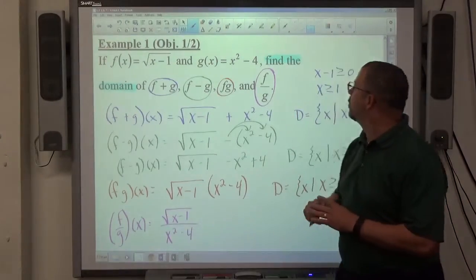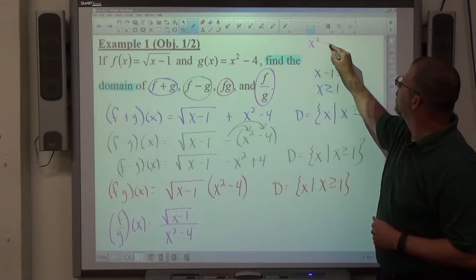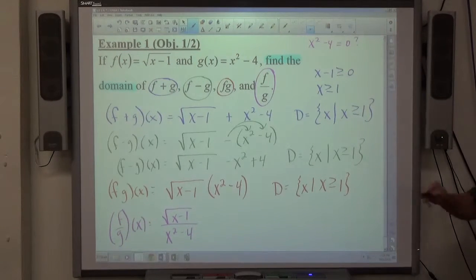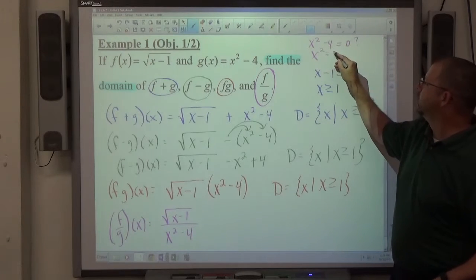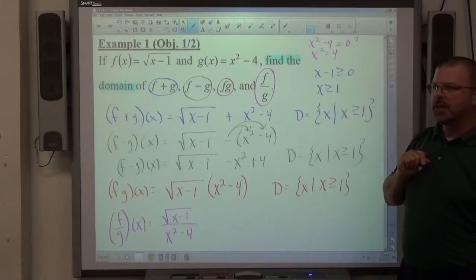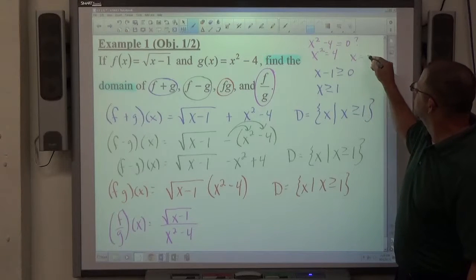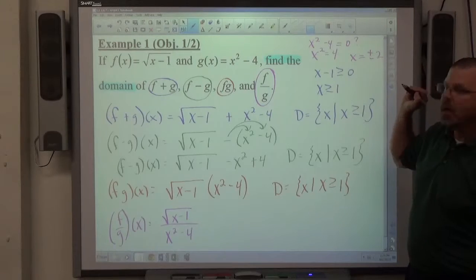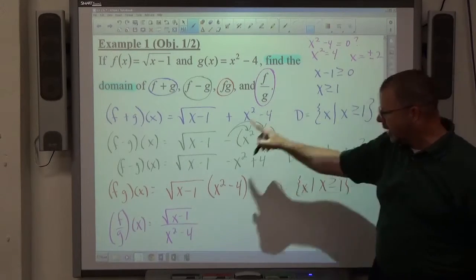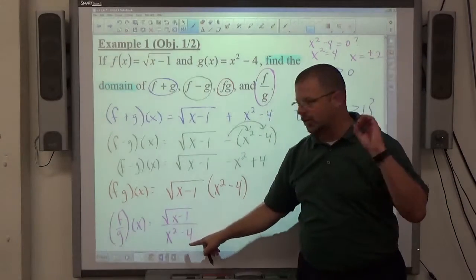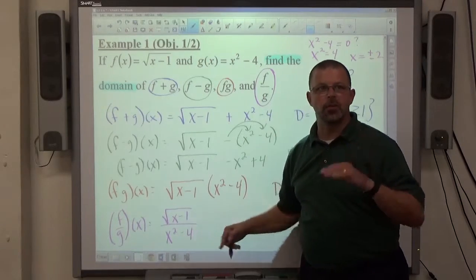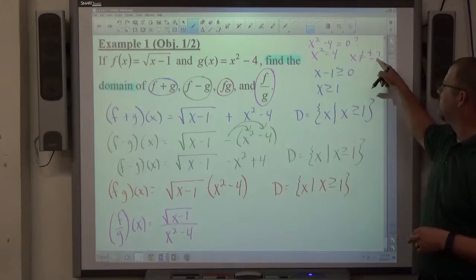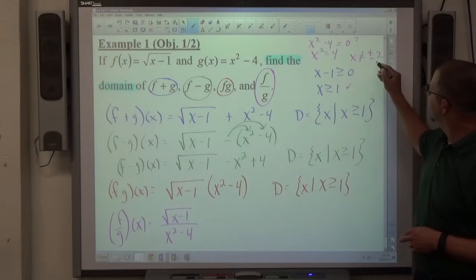The bottom's not allowed to equal 0, so we have to ask ourselves, x squared minus 4 equals 0. Is that possible? So would everybody agree that x squared equals 4 comes off of that? If x squared equals 4, what does x equal? 2. What kind of 2? Plus or minus. Plus or minus 2, right? So if x equals either positive 2 or negative 2, 2 squared is 4 minus 4 is 0. Negative 2 squared is 4 minus 4 is 0. Either one of those numbers would cause 0 on the bottom. So x is not allowed to equal plus or minus 2,